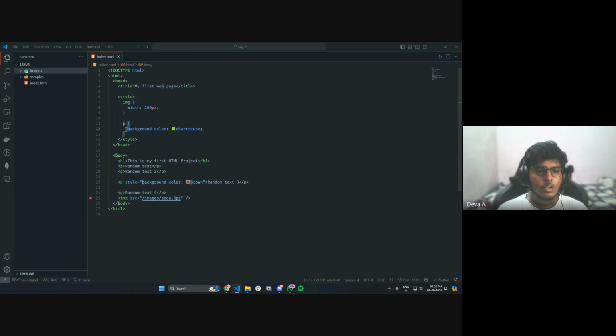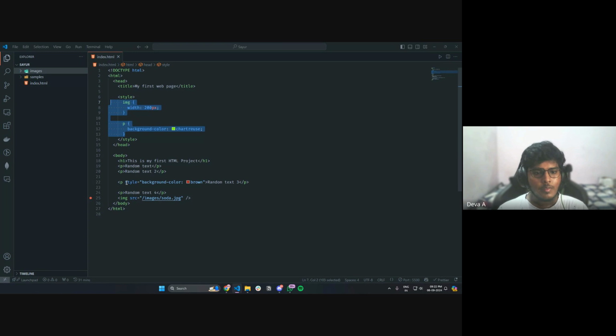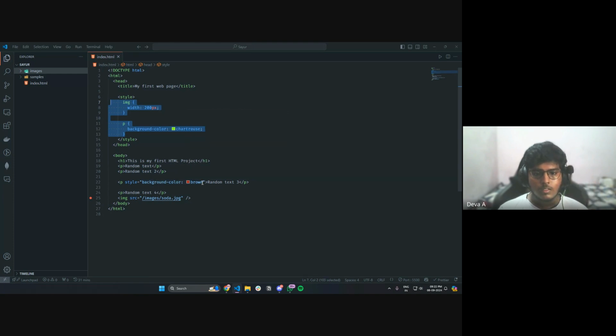So in that scenario, it will be simple if you just write something like this. If you write inline styling, it is very tough to move to another file. It is tough to maintain. It will be very hard to read also. If you want to write multiple styles, if you want to write the width or give some extra styling, it will be tough to maintain this file itself, and it will be hard to read